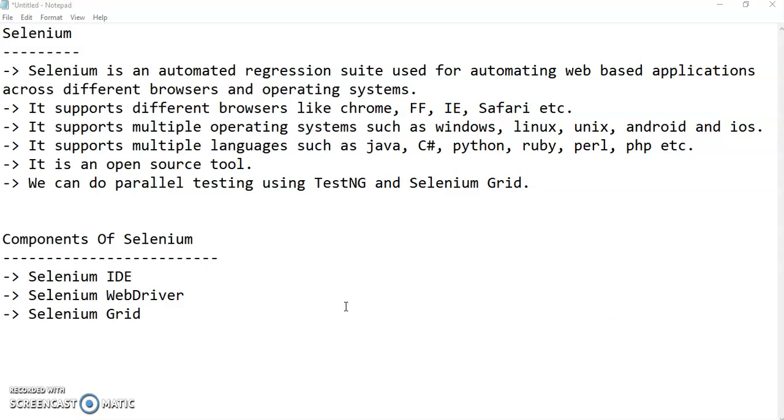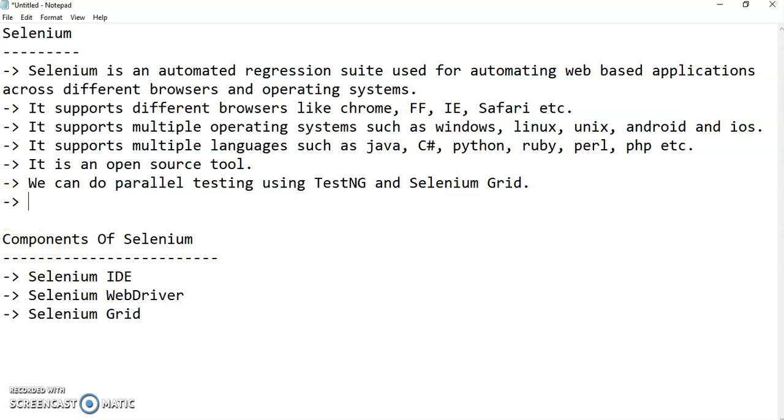Then I have to interact with a window-based application, right? Where I can search for a file or browse the file and upload it. So if I have to interact with any window-based application, I can take the help of third-party tools like AutoIT and Sikuli.